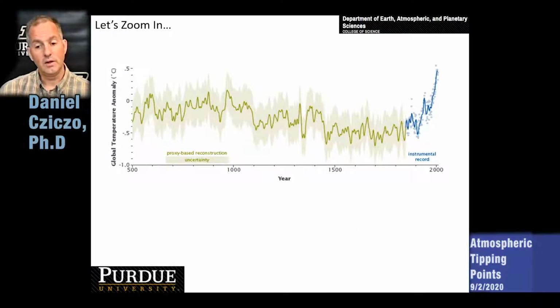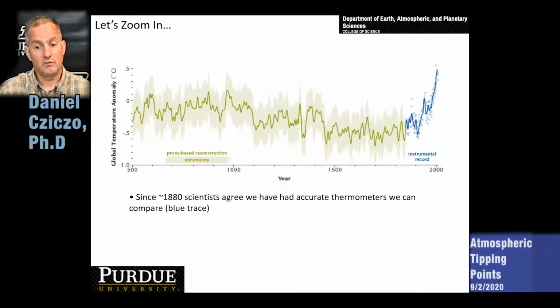So what we can do is zoom in on that temperature record somewhat. Instead of looking at 800,000 years, let's just look at the last few thousand years, sort of the most recent recorded history of the planet. And over those few thousand years, those orbital parameters are not expected to change very much. And so you might think that otherwise the temperature of the planet would be a flat line. And speaking of the changes, that temperature anomaly that in the last figures was plus or minus 4 or even 8 degrees centigrade, you can see now that over the last few thousand years, the temperature anomaly of the planet has been very small, a few tenths of a degree.